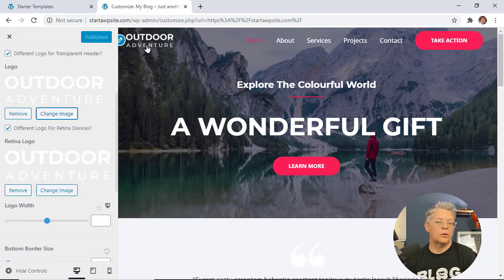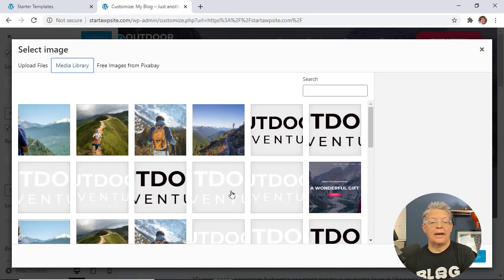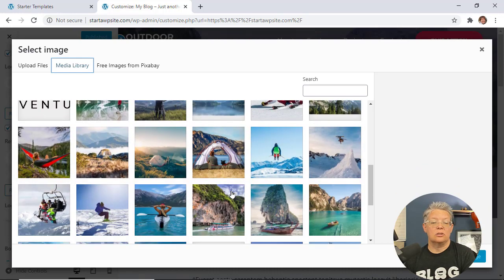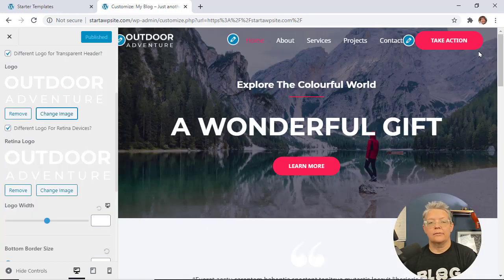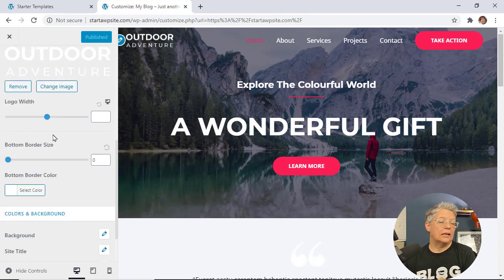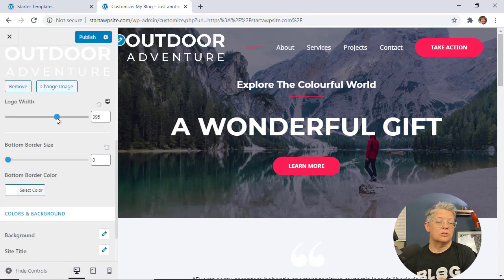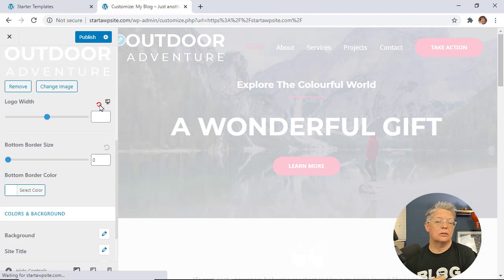So from here, we're going to customize the logo. We can either remove it or change the image. The starter pack brought in all of these images that you can use, or if you already have your own logo, you can upload that here. And also, because of this theme, it lets you do different logos for Retina devices as well. And you can choose to change the width of this. If you don't like what you did, just find these little back to default arrows and it'll put everything back